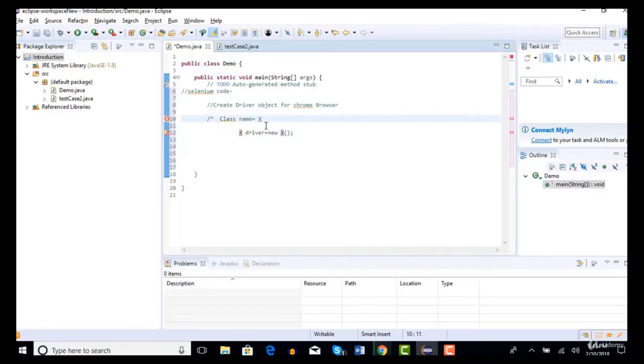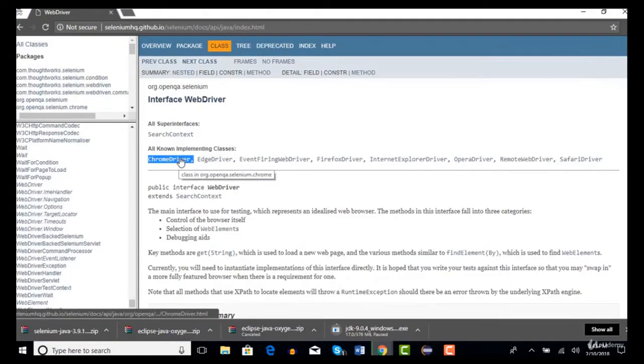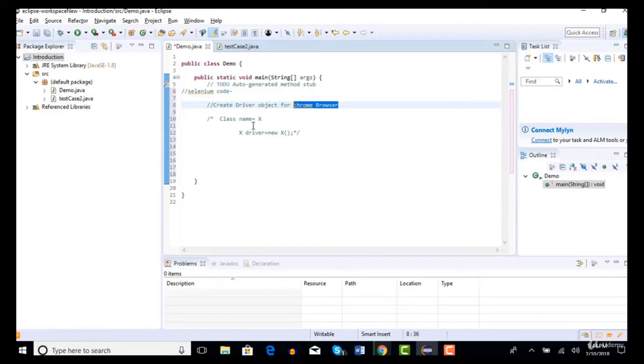Okay, let me comment it. Now in my case, I want to create an object for the Chrome browser, which is nothing but the ChromeDriver class. If you see here, the Selenium guys clearly said that if you want to automate in the Chrome browser, you have to create an object for the ChromeDriver class. Simple. Now you have the syntax, right?